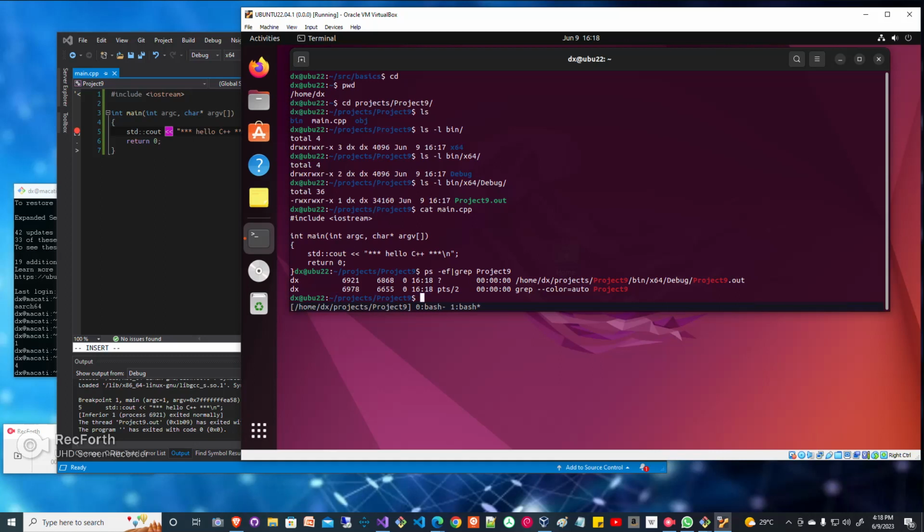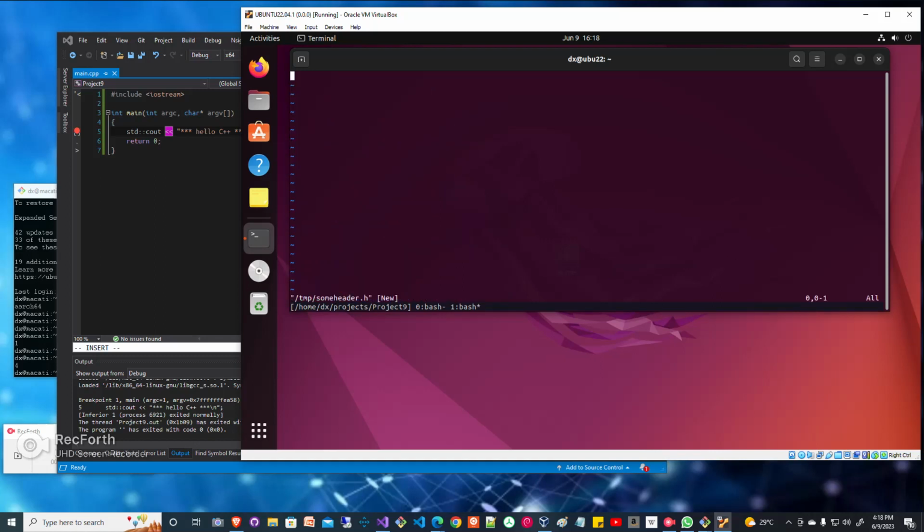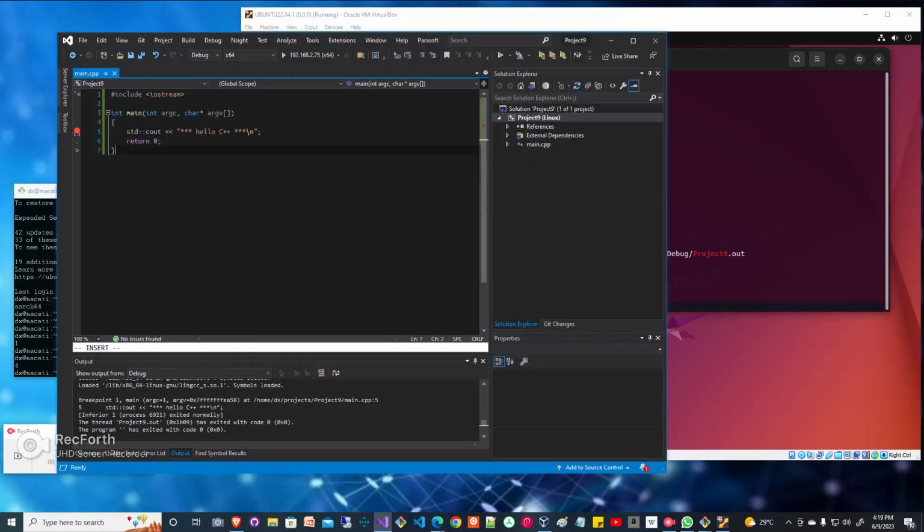Okay. In addition, just so you will understand how useful this is, I can even create a header file in my temp directory. So I will just do that now. vi, and I will put it into the temp directory, some_header.h, and I will define a preprocessor, some_var, and a value like that, save, and then I can include this some_header file in my Visual Studio Code here,